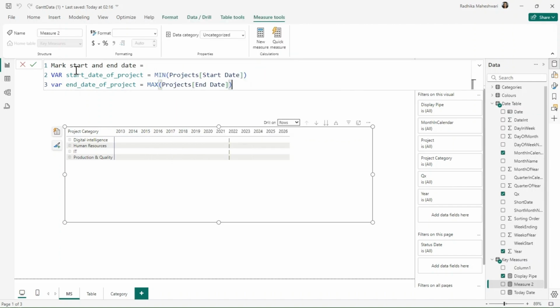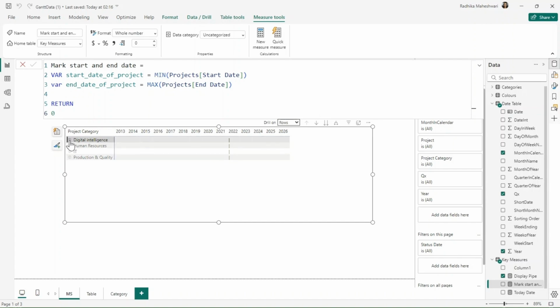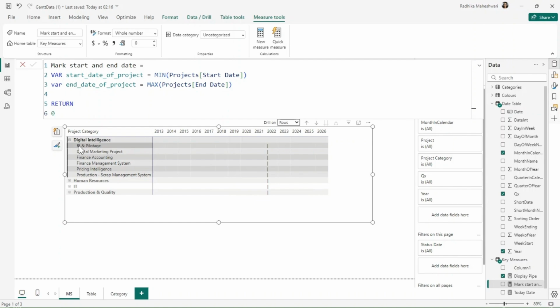The reason why we are doing this is because if we go back to data, let's just write a return 0 for now. In here we are having a hierarchy. Either there is a project name or there is a project category. If we are in project name, then this will obviously have just one start date and one end date. But if we are dealing with a project category like digital intelligence, then we have multiple projects in digital intelligence, each with its own start date and end date.